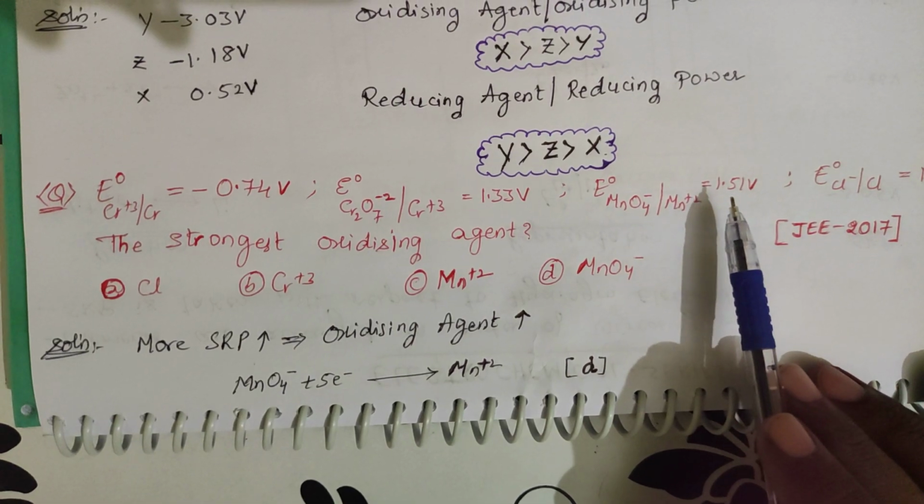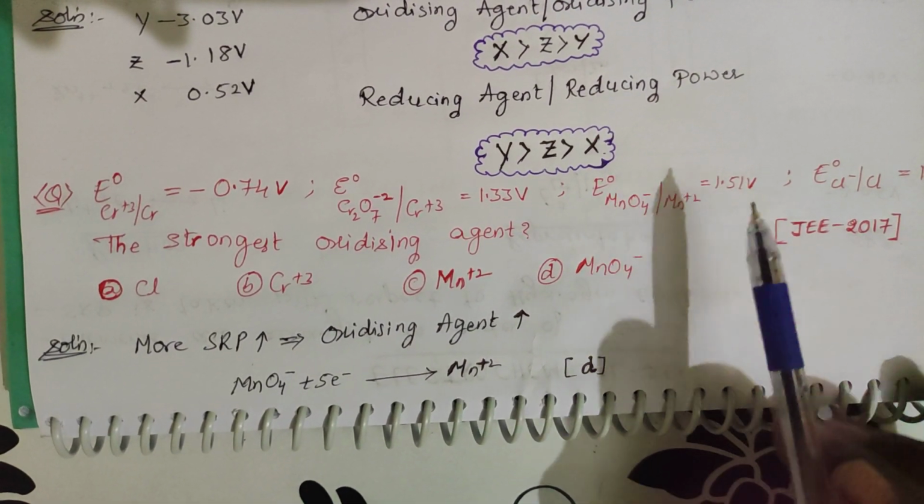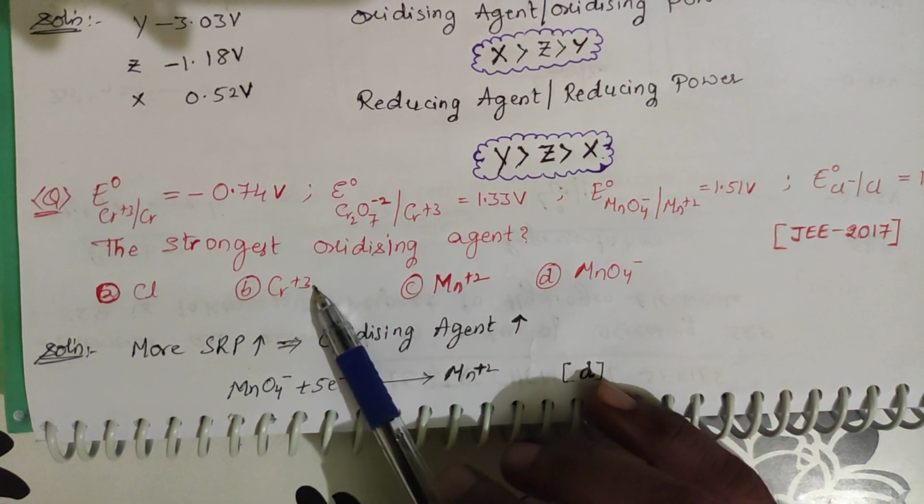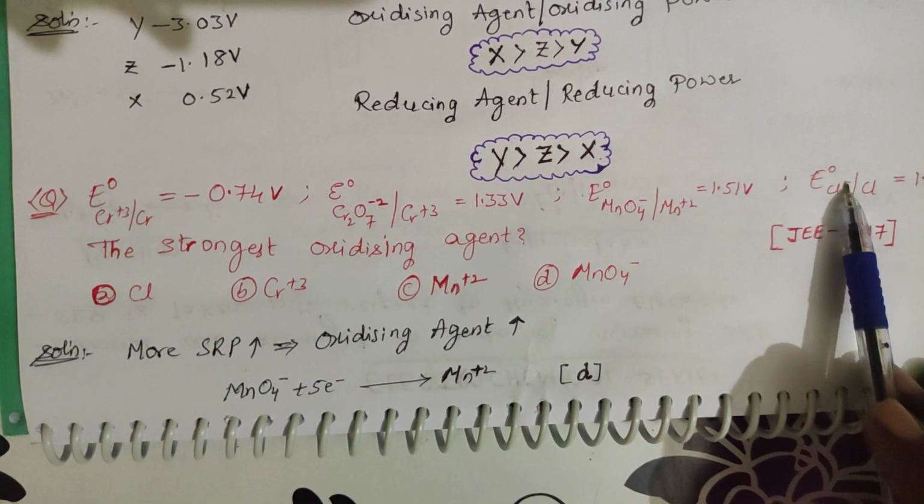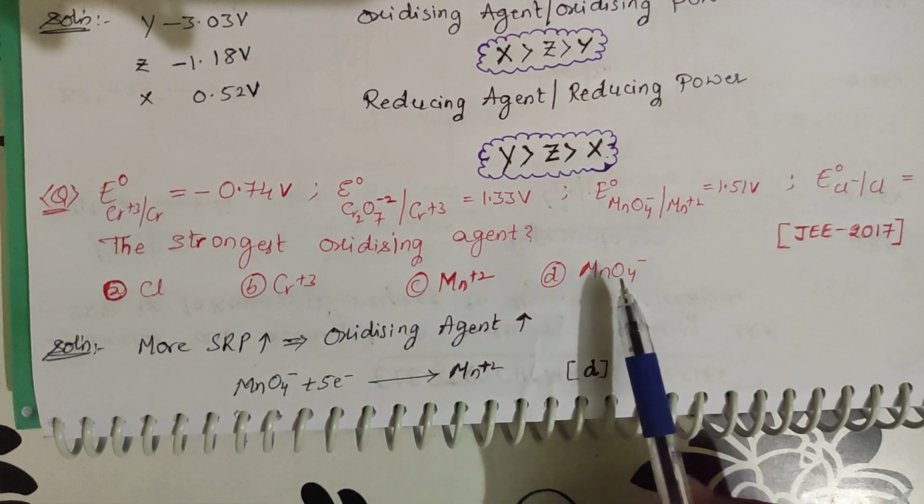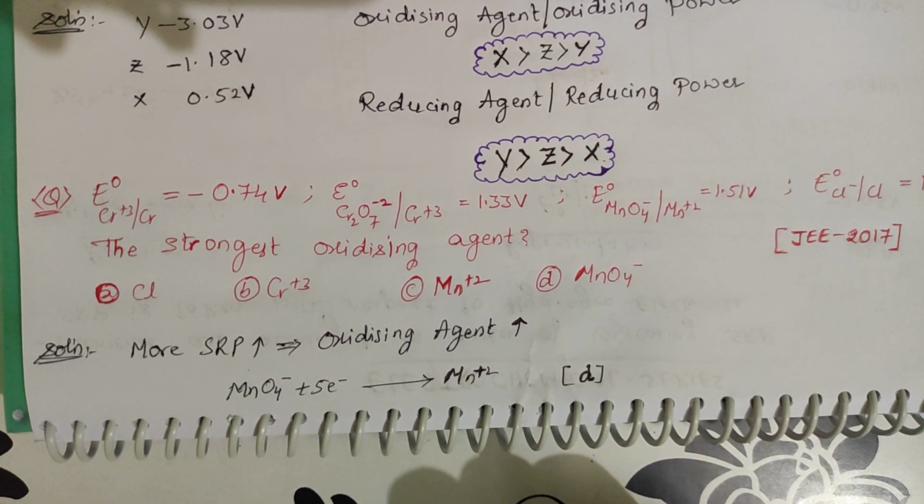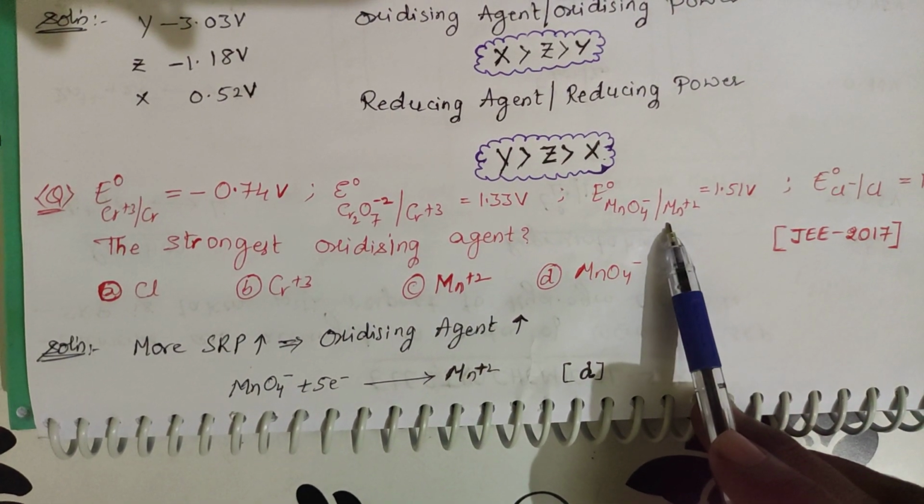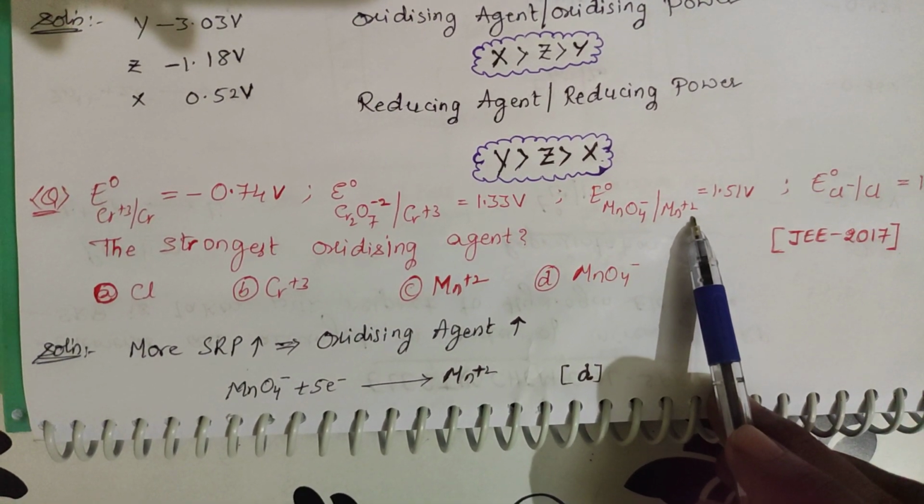Reduction. So this is the strongest oxidizing agent. So chlorine cannot be the answer, chromium cannot be the answer, because chlorine is here, chromium is here. Among Mn plus 2 and MnO4 minus, see, when you are getting from Mn plus 7 to Mn plus 2, you are getting...